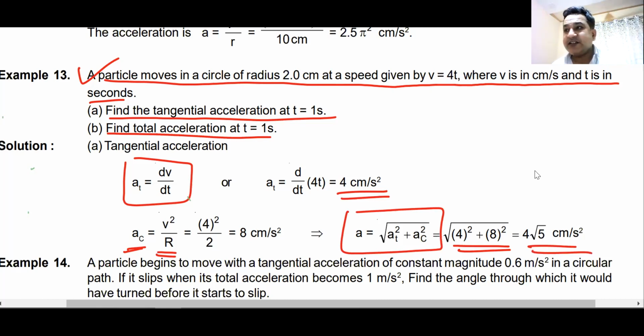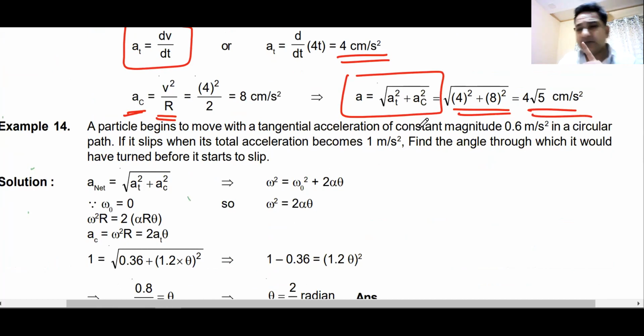Can I have some reason that we understand this, sir? A very important question to understand the concept of centripetal acceleration, the concept of tangential acceleration, and the concept of total acceleration. Do we understand this? Can I move forward? I'm running out of time. Do you understand this, everyone? Can I move forward? Okay, I would move.